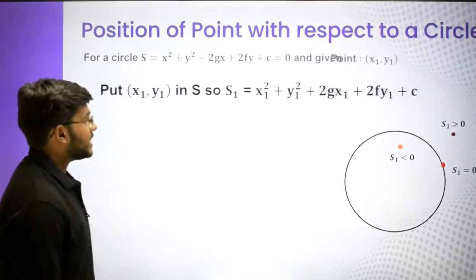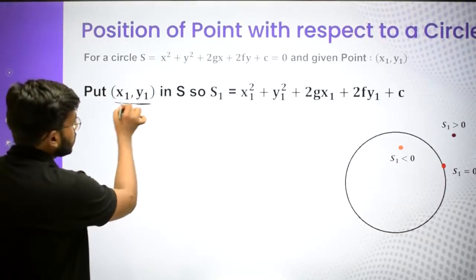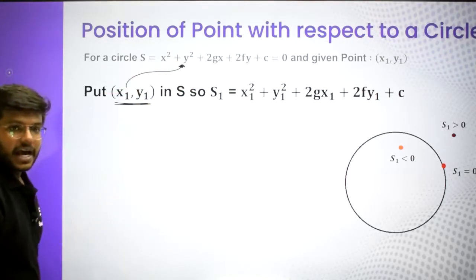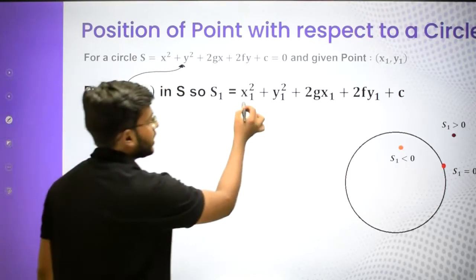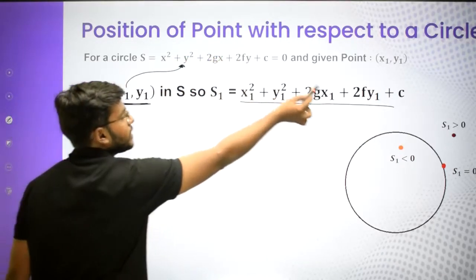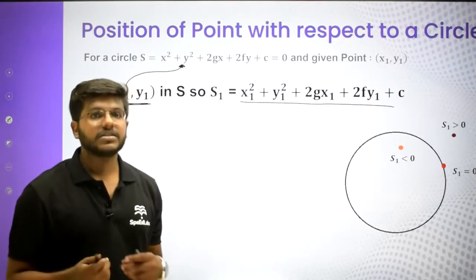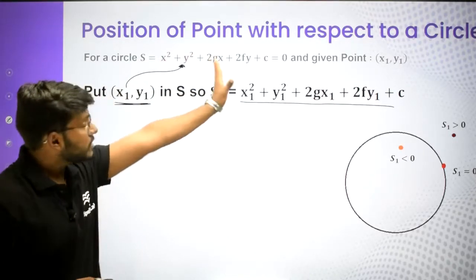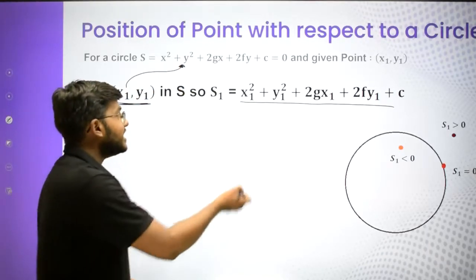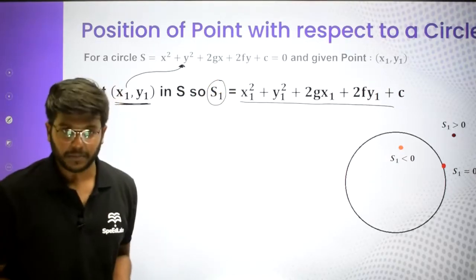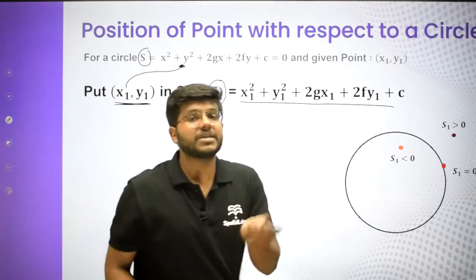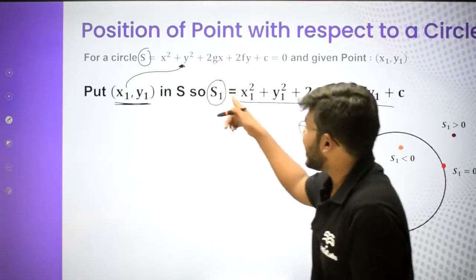So the condition is something like this, that if you put coordinates of this point in your equation of circle, ठीक है, अगर आप x1, y1 को सर्कल में पुट करेंगे तो देखो इस टाइप का एक्सप्रेशन आएगा, x1 square plus y1 square plus 2gx1 plus 2fy1 plus c. Right? This is the expression you will get when you put the point in the equation of circle. Now guys, whenever you put a given point in the equation of a curve, its standard notation is S1. ठीक है, कर्व की इक्वेशन क्या थी? S equal to 0. S equal to 0 कर्व में अगर हमने किसी भी पॉइंट के कोऑर्डिनेट्स पुट किए तो वो क्या हो जाएगा? S1 हो जाएगा.